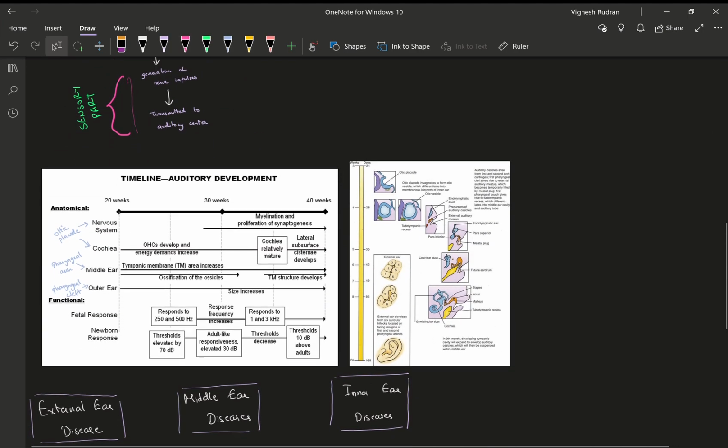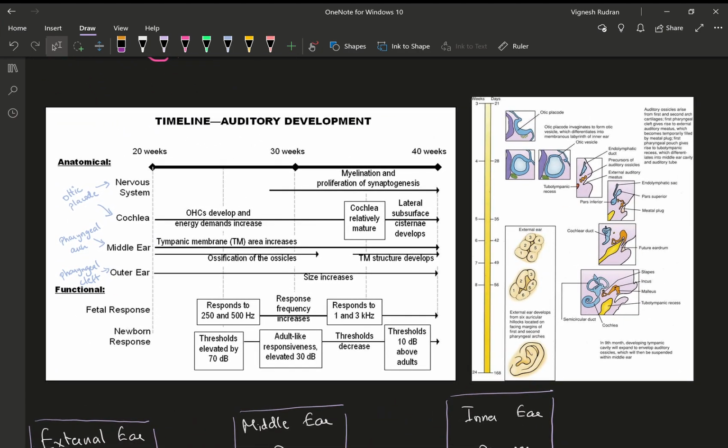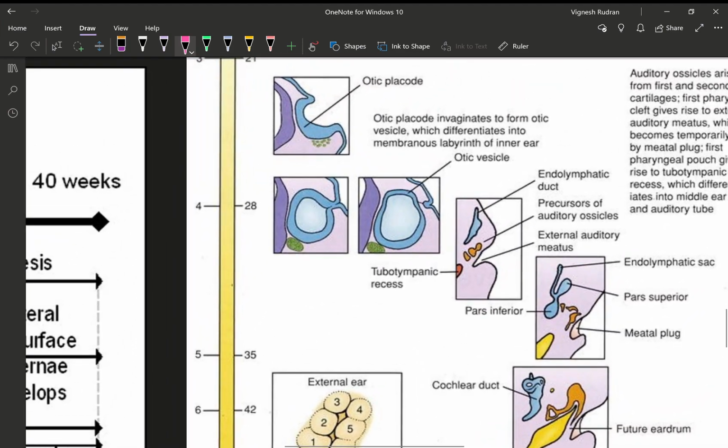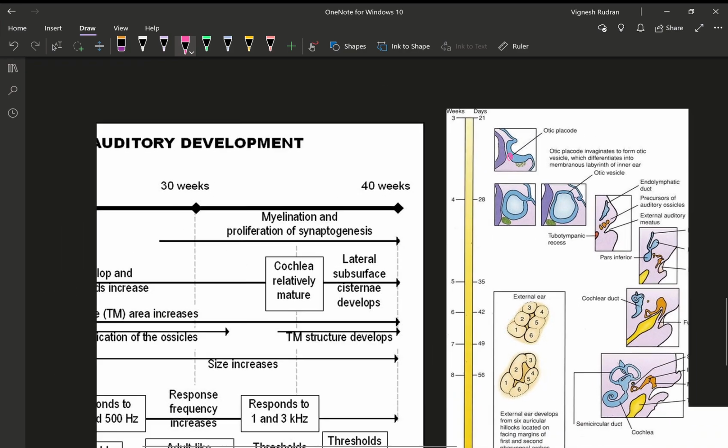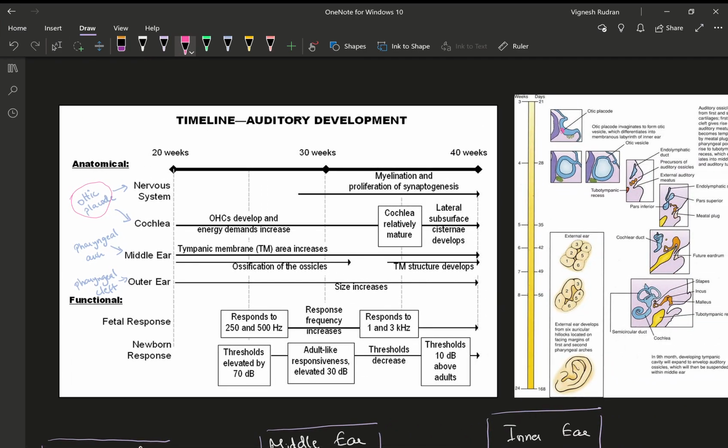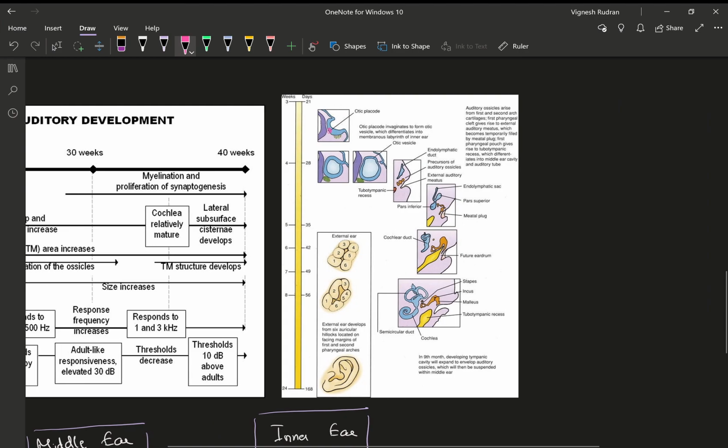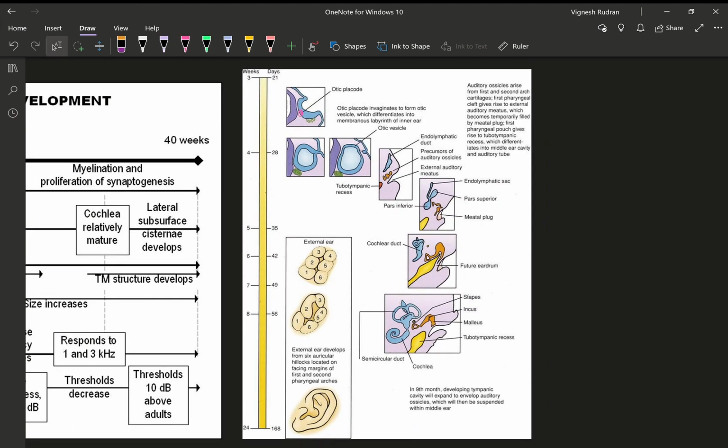Finally, moving on to the embryology of the ear. So the basic embryology is the nervous system, that is the vestibulocochlear nerve, and the cochlea and vestibular apparatus all develop from the aortic placode. And so see here, this is the aortic placode. So it bulges inside, and this is going to develop into the inner ear. Okay, so following that, your middle ear is developed from the pharyngeal arch, and your outer ear will develop from the pharyngeal cleft. So this would be a very vague idea of that thing.